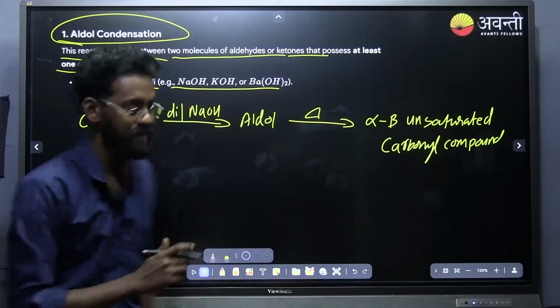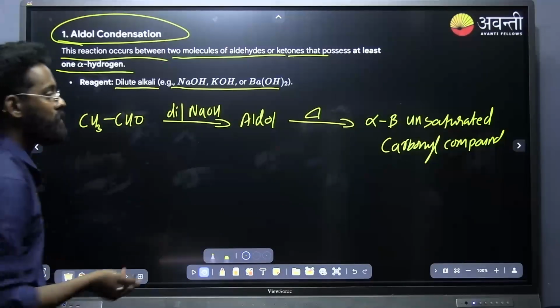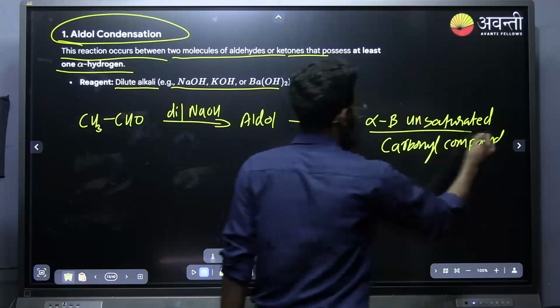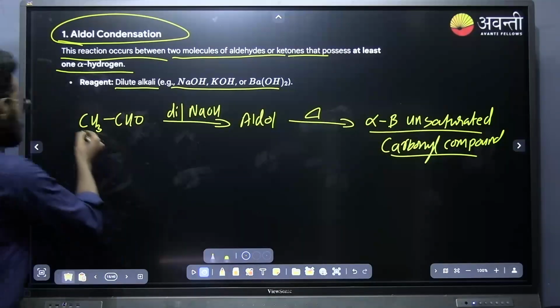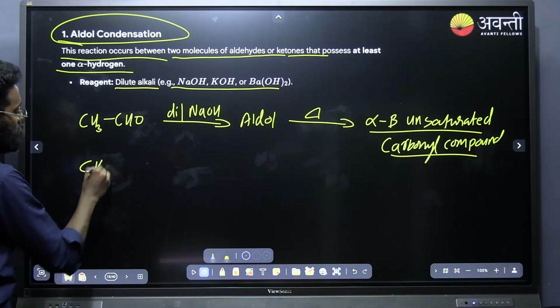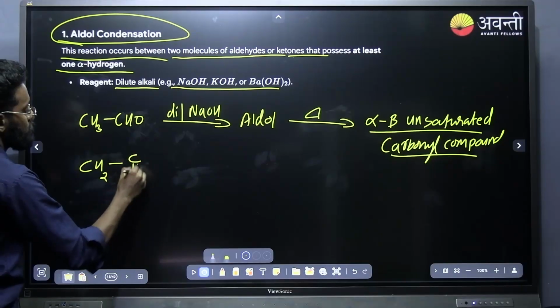Okay. Yes. So this is how the aldol condensation will be working. Now I will tell you the easy way how we can find out the product, that is alpha beta unsaturated carbonyl compound. I am taking this example. This is an aldehyde which is having alpha hydrogen. How you can write down the product is, what you have to do is,